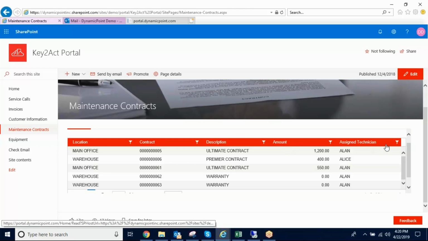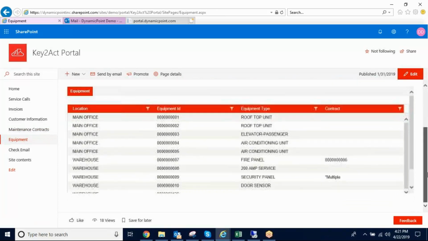So if it's not necessarily important to highlight the assigned technician on a maintenance contract, you don't have to share that information. You can share as much or as little as you like. As we navigate to equipment, this is just another area where you can highlight additional information so your customer can have access to any equipment that you are monitoring on their behalf.